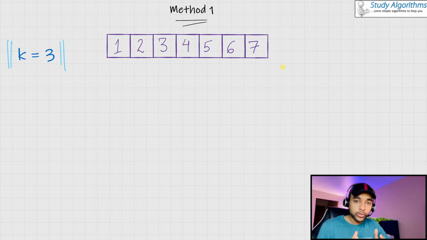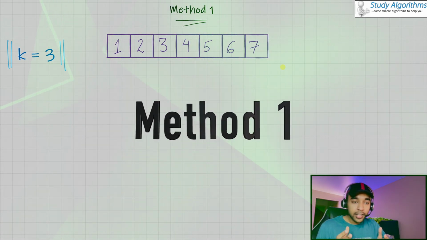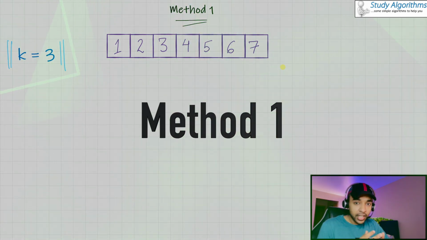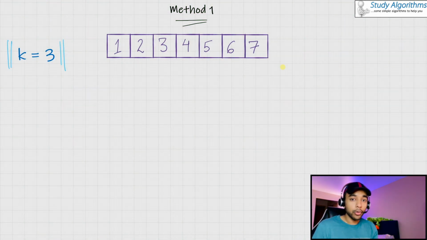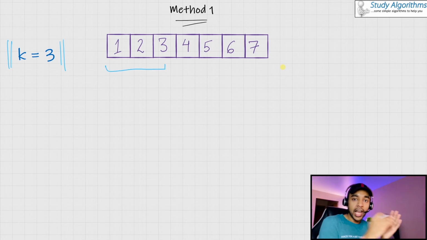An efficient way to solve this problem would be to think that if the value of k is 3, do you actually need to rotate the array 3 times? Since you're writing a program, you can take advantage of the fact and rotate the array 3 times all at once. So think like this. If you're rotating the array 3 times, the elements that come at the first 3 positions, they will move towards the end and all of the elements will be shifted towards the left, right? So we will try to take advantage of this fact to solve this problem.